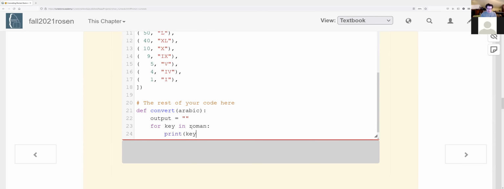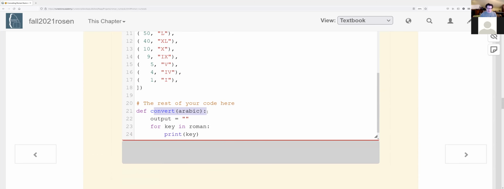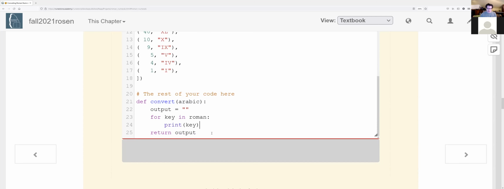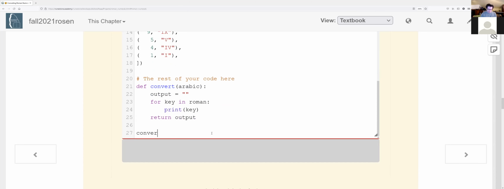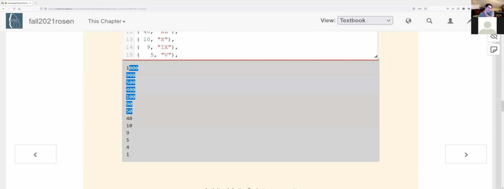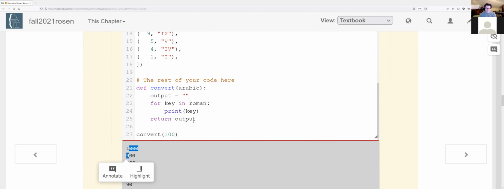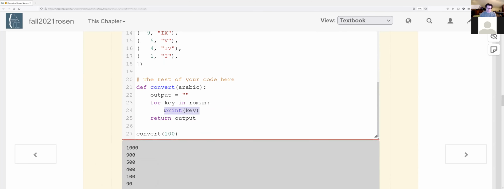print key for right now, just to test to make sure that it's going to work like I think it does. So convert 100. So save. Yep, and so it prints out all these values, all the keys that we put in. Okay? So for key, while key is greater than our Arabic value,